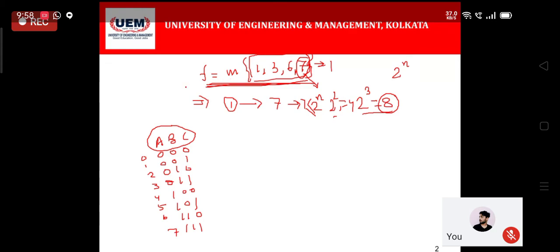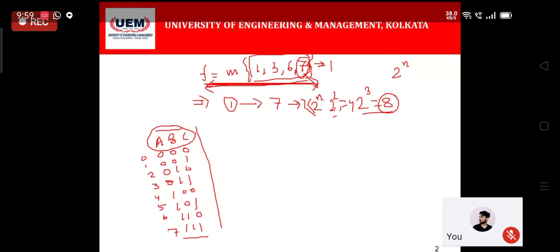Okay. So what I said is that we will try to find out the minimum number of variables that can be used to implement the function. We can see 1, 3, 6 and 7. Up to 7 is given, and we know from binary logic that 7 can be accommodated by using 3 individual variables. So if we look at all the different minterms that are possible using 3 variables, we can write down this truth table.